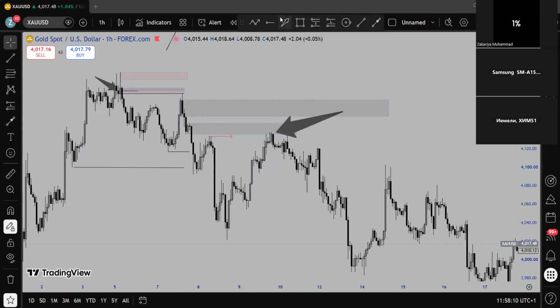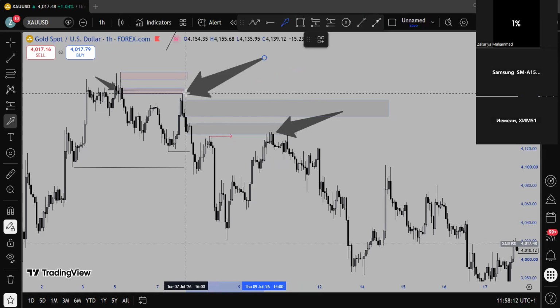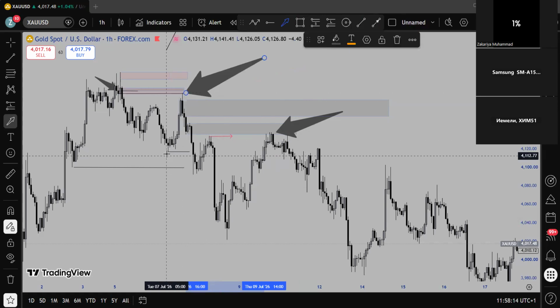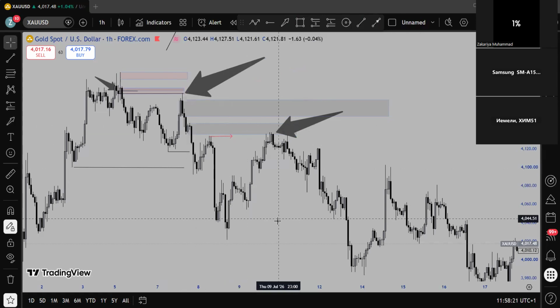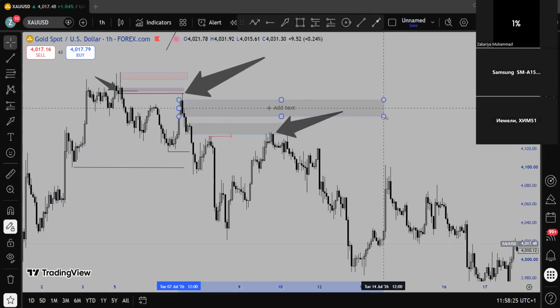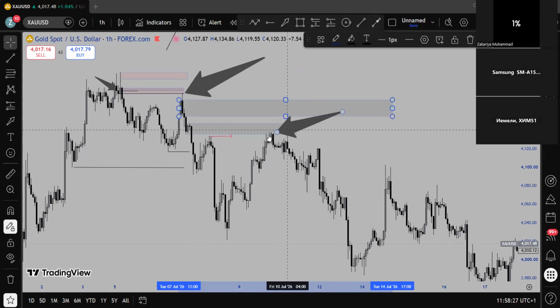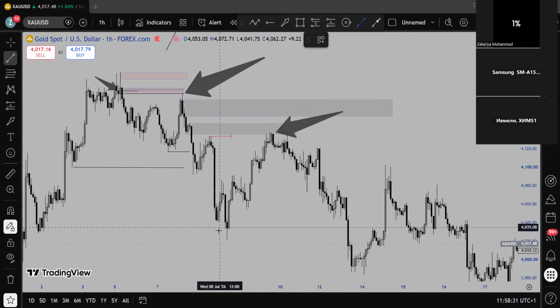This high, because this is the high that caused this structural shift, break this low, and then break this low. So unless market takes out this low, we're not bullish again. We're still bearish. So we can go with this extreme zone if this zone couldn't hold. And the only reason why this zone couldn't hold is if it couldn't take out this low.